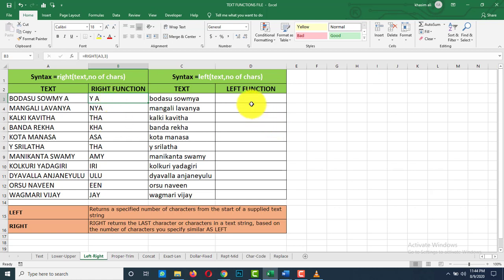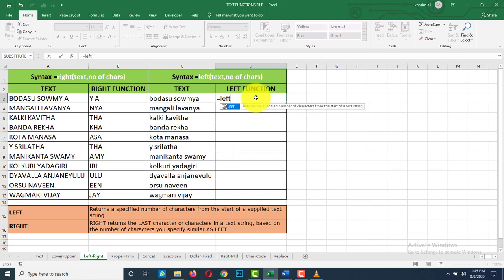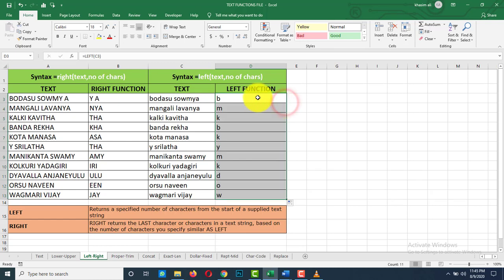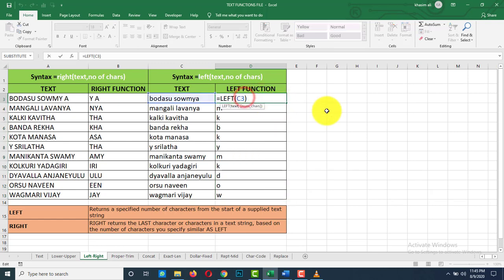Now the next function is the left function, which is used to retrieve the leftmost values. It means the starting values of a text string, equal to left of your text string, that is C3. The leftmost value is B. Here also you can add your argument with a comma separator, comma 4 for example.